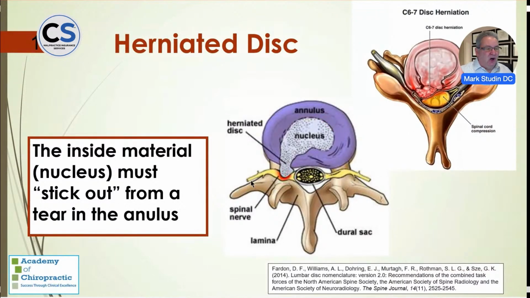Now, when we look at a herniated disc, conversely, a herniation is a tear in the annulus, where the nucleus pulposus goes from the inside out. So when the nucleus goes from the inside out, that's a herniation. And it could sit on a nerve root, it could sit on the cauda, it could sit in the thecal sac, affecting the nerve roots on the inside, it could sit in the spinal cord, it could sit anywhere inside the canal. And again, I've given you the reference for all these definitions.